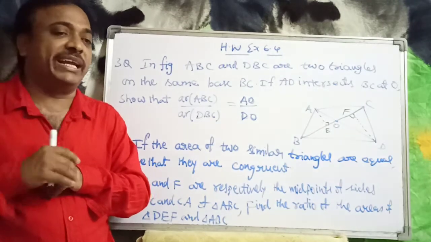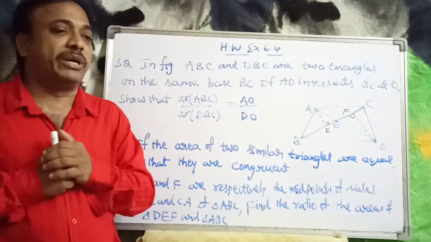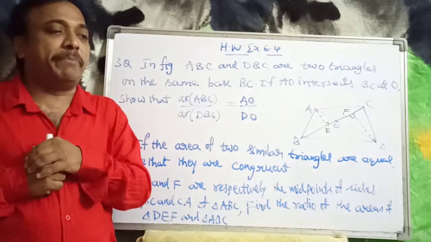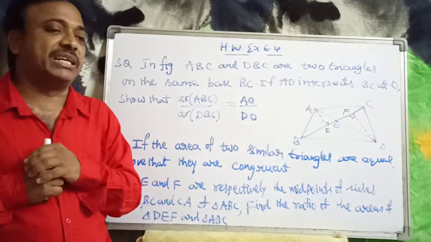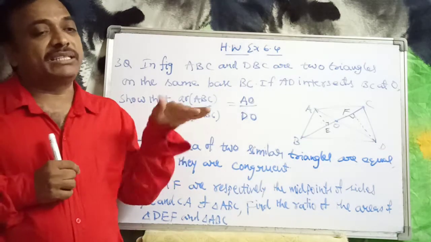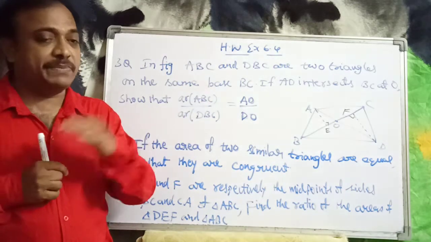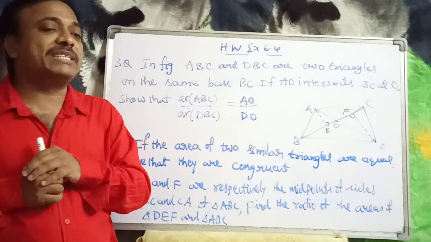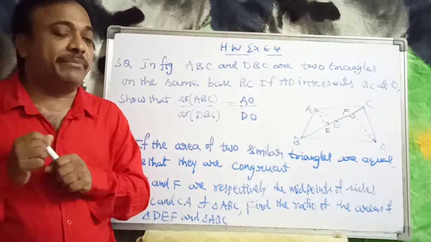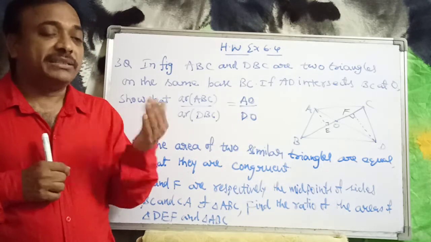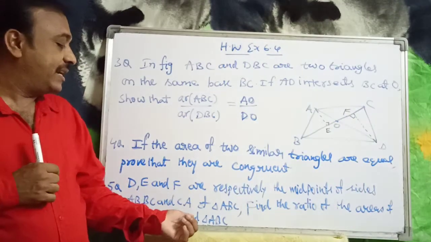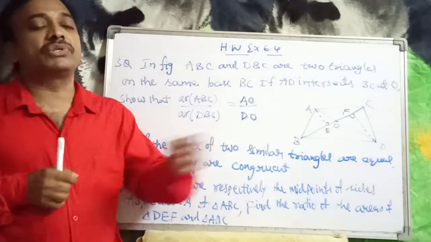When the line divides the two sides in an equal ratio, then the line will be parallel. That is the converse of the basic proportionality theorem. So by applying the converse of the basic proportionality theorem, you get the line is parallel to the third side. Once the line is parallel, then we remember the class 9th midpoint theorem. So apply that midpoint theorem, then find the area of triangle DEF and the area of triangle ABC, the ratio of those two triangles.